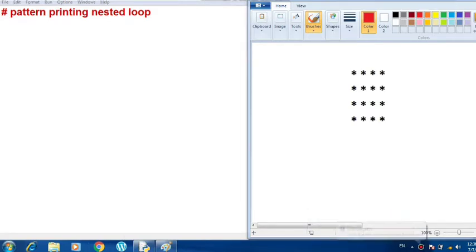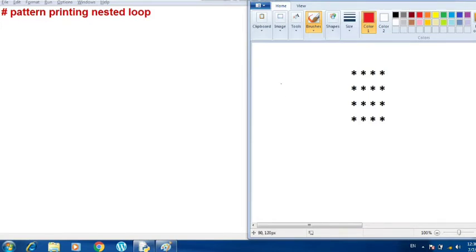So here you can see on the screen that I have defined one pattern. To write a nested loop, there's only one simple rule, you can say: you have to count the number of rows and columns which you have to print, and whatever symbol you have to print, you can easily identify, right? So let us first of all count the number of rows here.